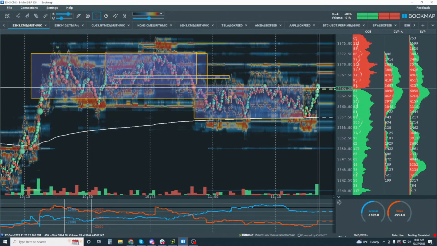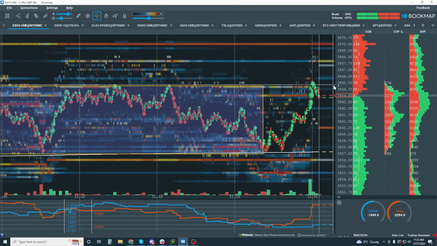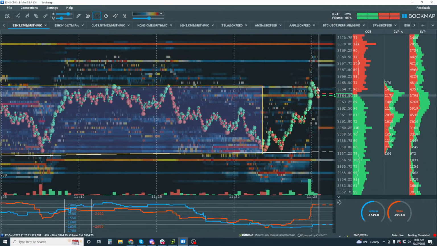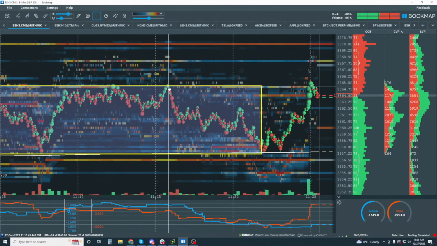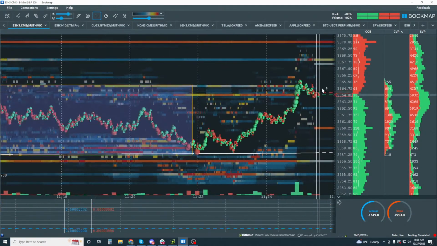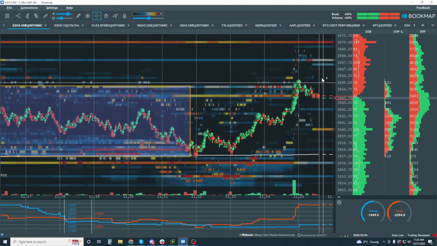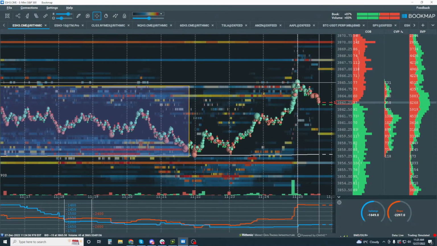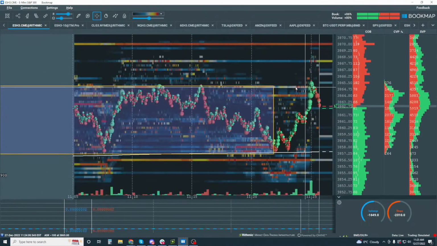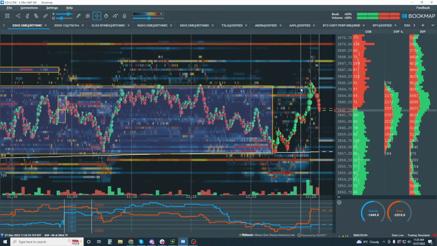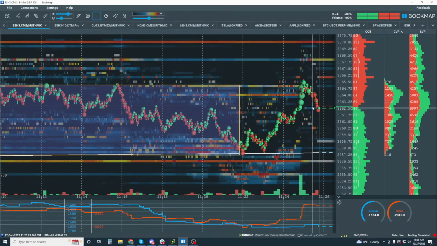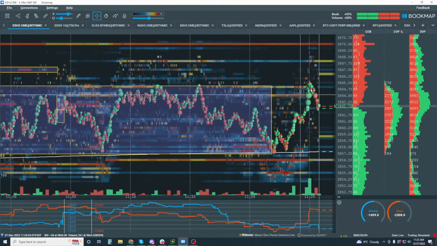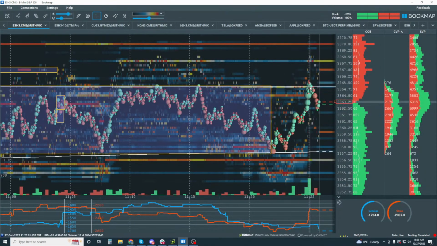Okay, we want to see them again up here though at 65. All it's done is traded back to the top of the range. We want to see our buyers up here at 65 and the continuation. This is strong volume, but it only came to the top of the range. We want to see the breakout of the range. This is something like JTrader looks at. Joseph, he's looking for